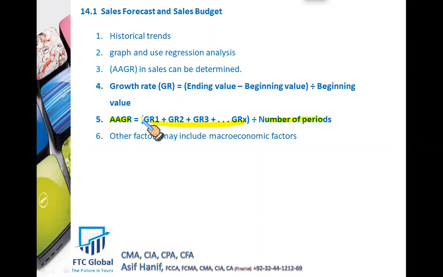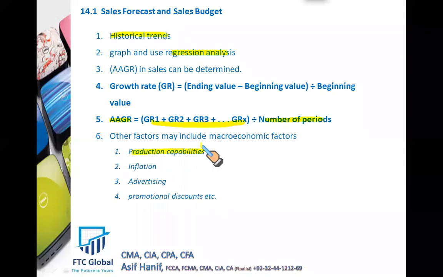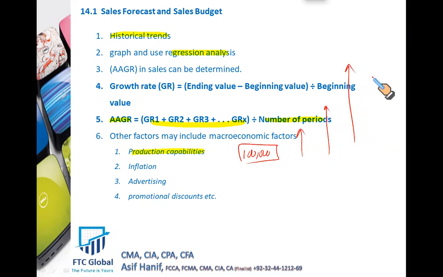So remember, despite using these regression techniques, using historical patterns, or even using the annual average growth rate, you cannot ignore these important inputs to your sales determination. Your production capability plays a major role. You cannot sell what you cannot produce. If your productive capacity is limited to 100,000 units, your sales at max cannot be more than 100,000 units. Otherwise, you may have to purchase ready-made goods from your competing businesses, and then you may increase your sales by buying finished products from the market.